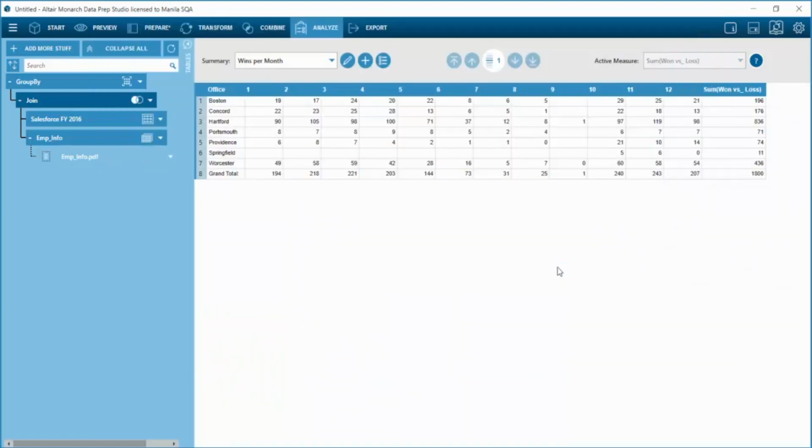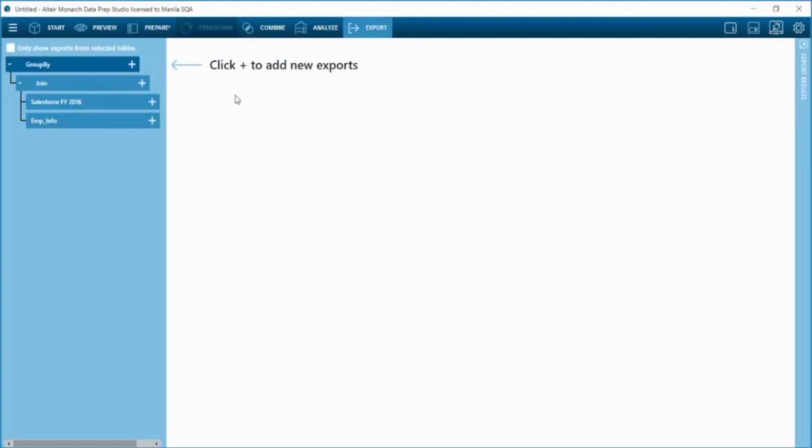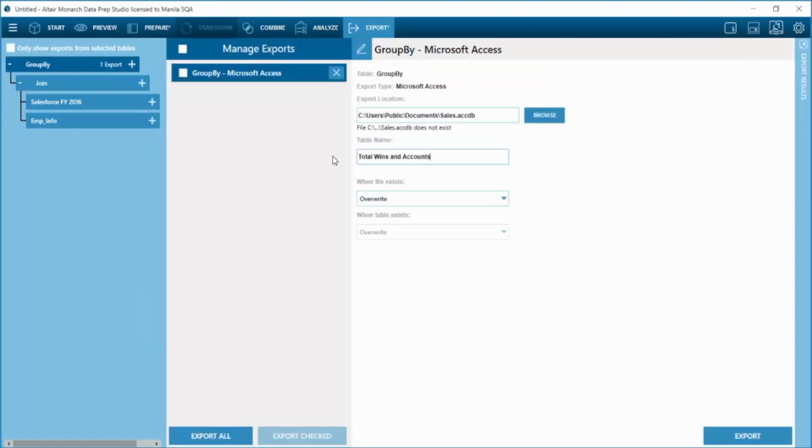In 2 minutes, I've built reports that might have otherwise taken hours to construct. Furthermore, we can save this workspace to create a repeatable process if you need a similar report created in the future with updated information. You can export any table from your load plan to any common platform like Excel or